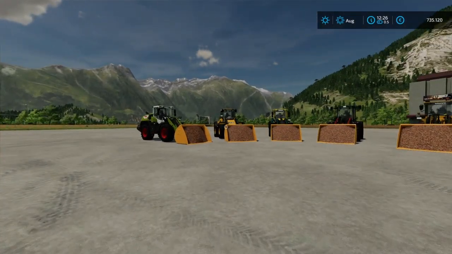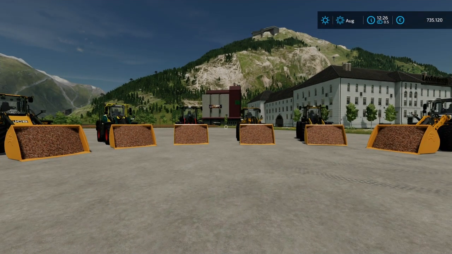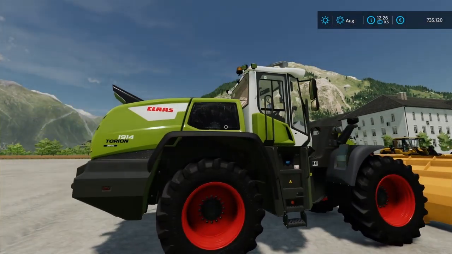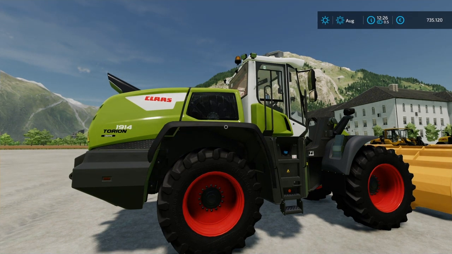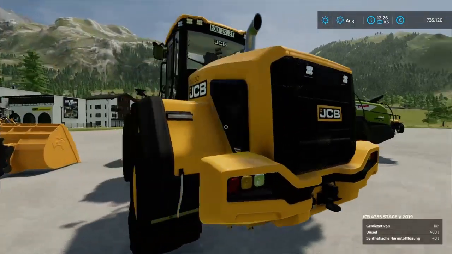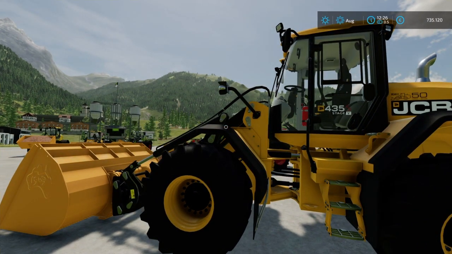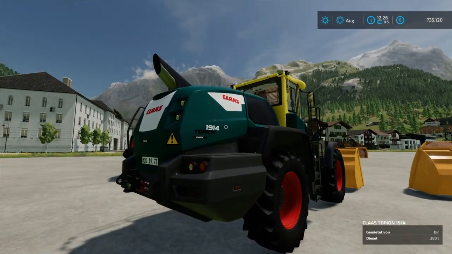So now we are coming to this group. These are in total 7 machines, which are all around the 19 to 20 ton weight class. Speaking about class, the first machine we have here is the Class Torion 1914, standard in-game machine by Giants Software, 19.7 tons. Here we have the JCB 435S. This is by Red Cat 3D Pixel Designs, 19.3 tons. Yeah, this is also a Class Torion 1940, but this one is by the model HR Forst Fahrzeugbau,